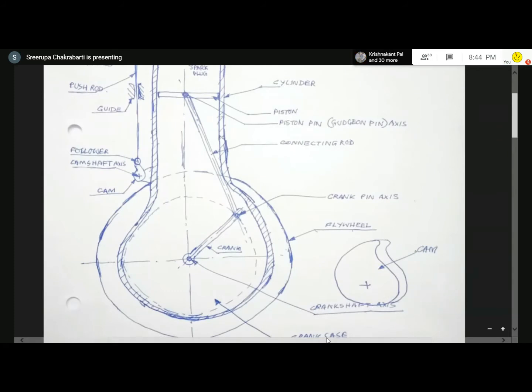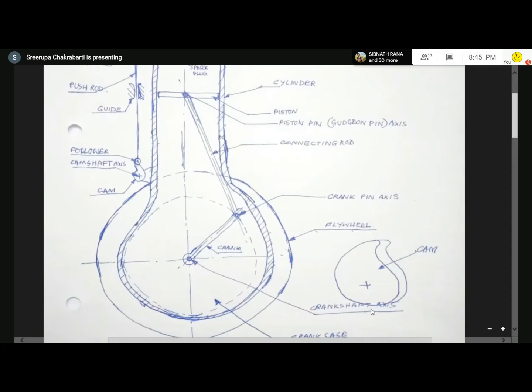Now, after some point, you can see, from this point, the radial distance starts increasing. It becomes a maximum here at this point, and then it gradually changes in a profile and comes back to the uniform part later. So where the radial distance is fixed, that is called a dwell.